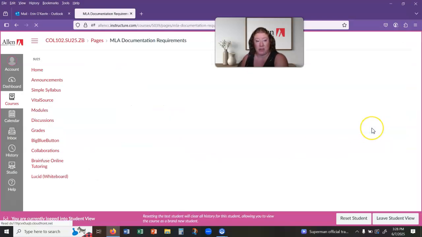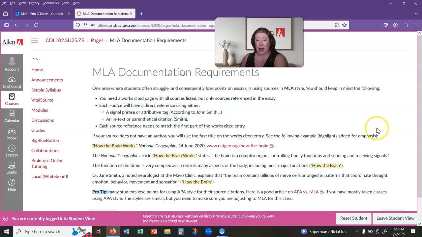Because a lot of times students will come into this class. I get a variety of students. Those who have taken Comp 1, especially with me, who've gone through what is MLA documentation, then you should be fairly prepared to do this. But I get other students who've taken maybe only classes where they used APA style. And so I've got down here some article about APA versus MLA, what are the differences? They're very similar. And so if you know one, it's pretty easy to do the other.